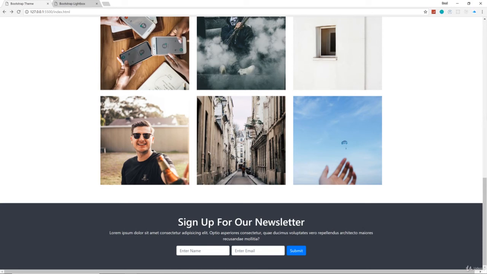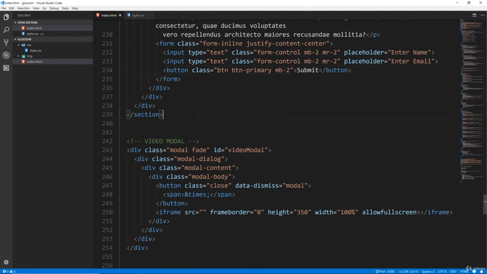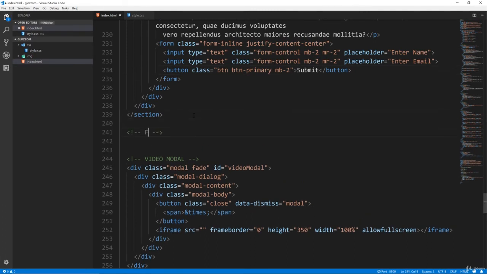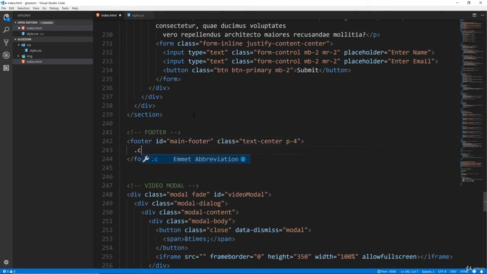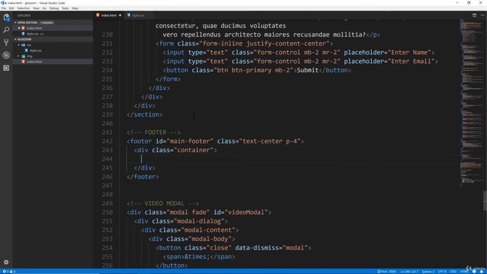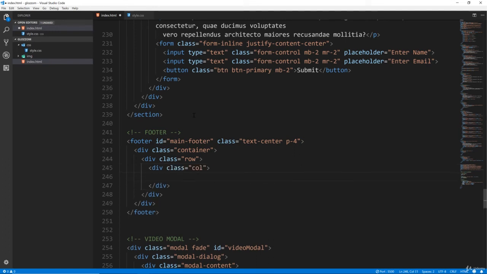Now what we're going to do is just add the very simple footer. So we'll go down right here. Let's use our footer tag and give it an ID of main-footer. I'm also going to give it a class of text-center. I want everything to align to the center, and I want a bunch of padding, so we'll do p-4. And then in here we'll put a container, a row with a column, and we're just going to put a paragraph that says copyright